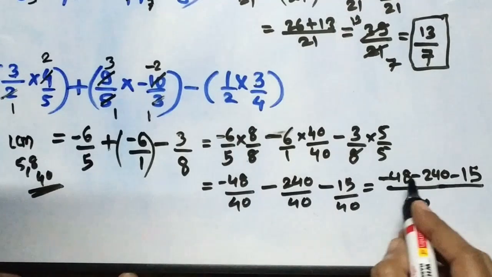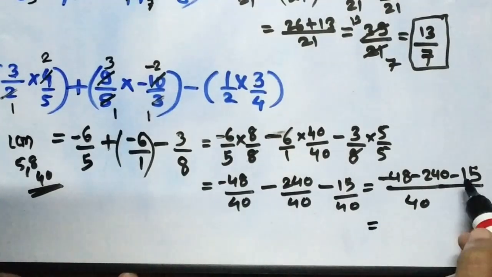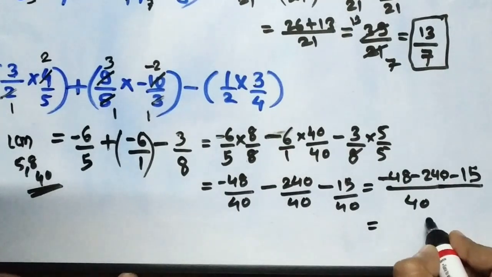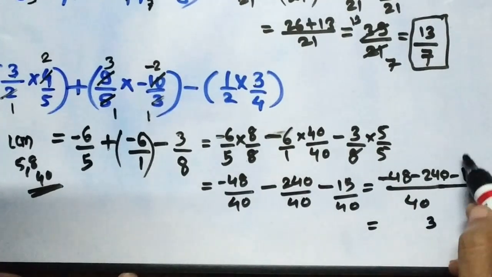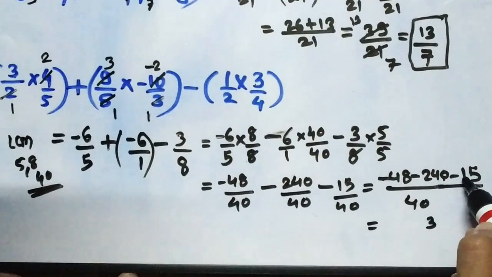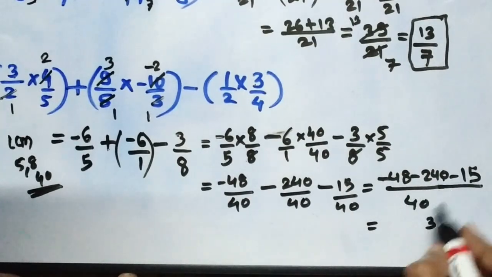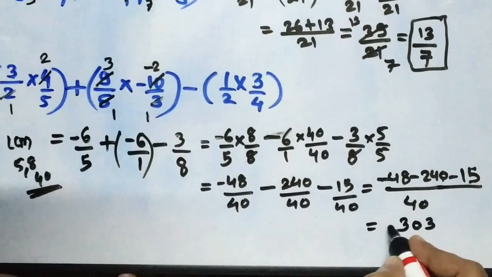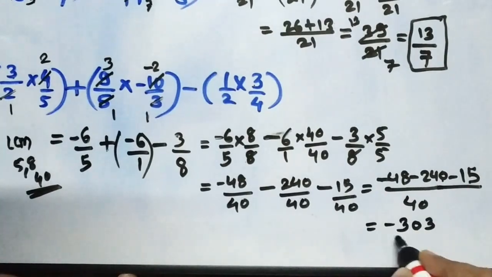After adding all these you can keep the minus sign as it is. So here 5 in the unit place plus 0 and here 8. 5 plus 8, that is 13 and 1 carry will be there. This 1 plus 1 2, 2 plus 4 6, 6 plus 4 10. So 0, 1 will be carry and 1 plus 2 is 3. That is minus of 303 divided by 40.